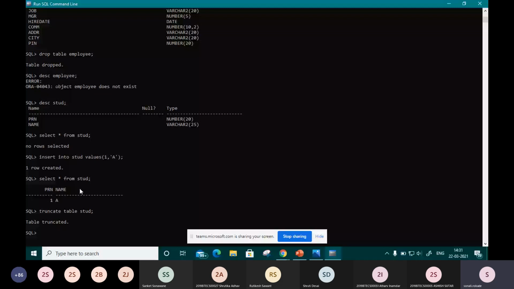It means you cannot recover it by calling rollback. But that does not happen with the delete command. When you fire the delete command, the data can be rolled back.